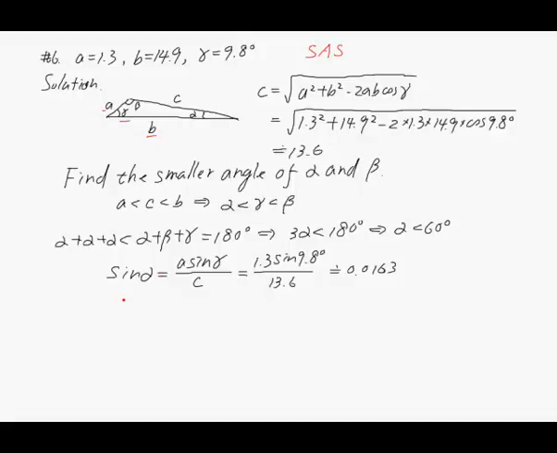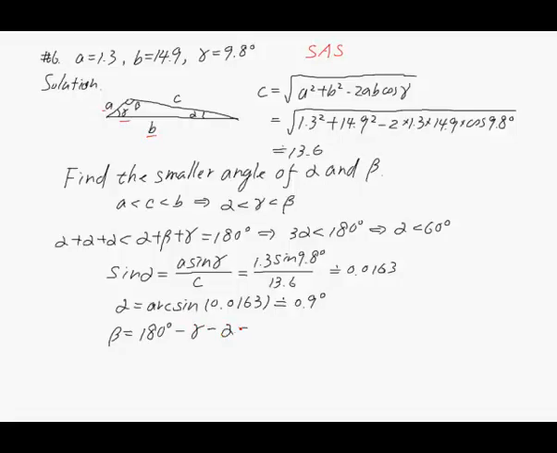Then alpha in this case is equal to arcsine of this 0.0163. We just need to find the acute solution for this equation, okay, because alpha is an acute angle. So this is approximately equal to 0.9 degrees. And then you find the third angle, beta, which is equal to 180 degrees minus